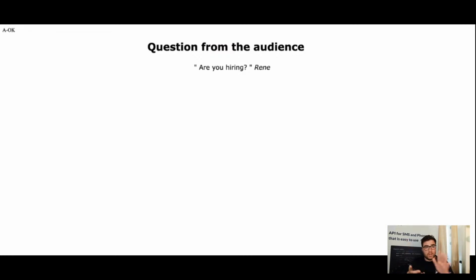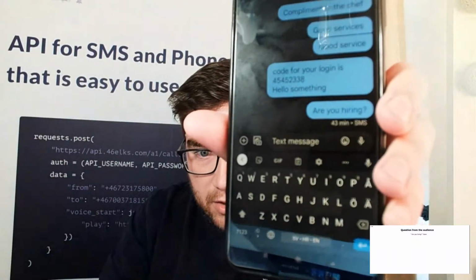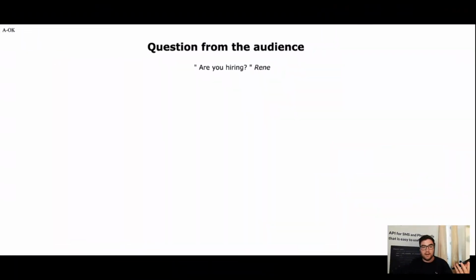So, question from the audience: we could have also put up the number. The number is 4676, if you remember, the one that we rented out. I have obviously tested using this number, so you can tell on my mobile phone the last message I sent was, "Are you hiring?" So that is what we are seeing here. We have this message being sent, and for example, someone from the audience wants to ask,